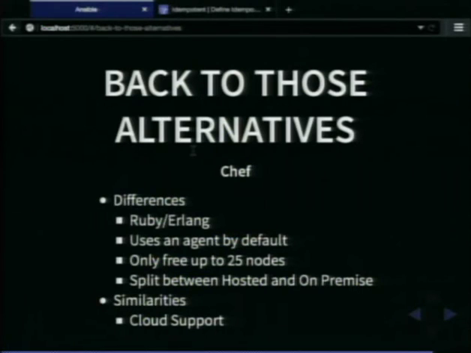Chef, go past 25 nodes, either intentionally or accidentally, and you're going to be paying them money. Also, it's split between hosted and on-premise versions. Similarities. The primary similarity between these, the table stakes for all of them, is cloud support. So Chef does have cloud support.